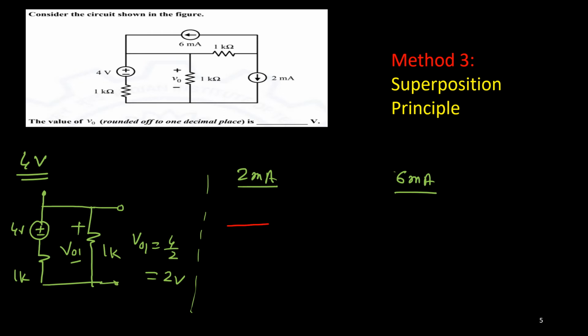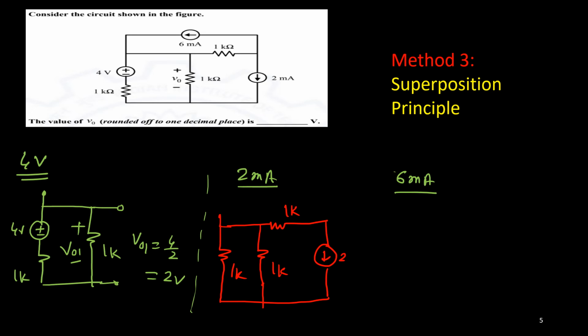So you see, this is your resistance. This source is acting. This is your resistance, and here the source is shorted. Then resistance, and this side it is open. We won't go for that. Okay, this is 1K, this is 1K, this is also 1K, and this current is 2 milliampere.